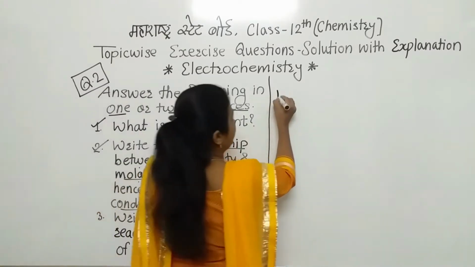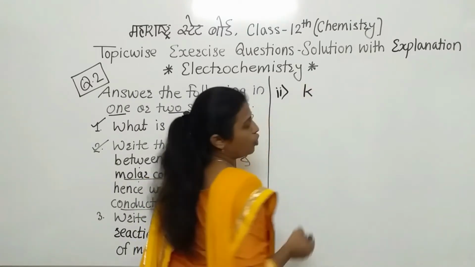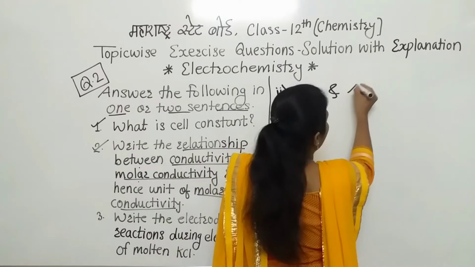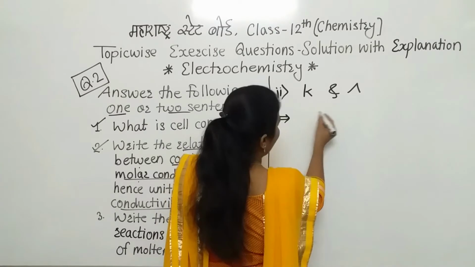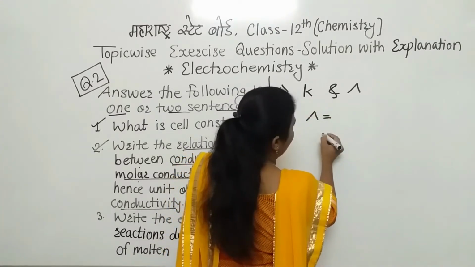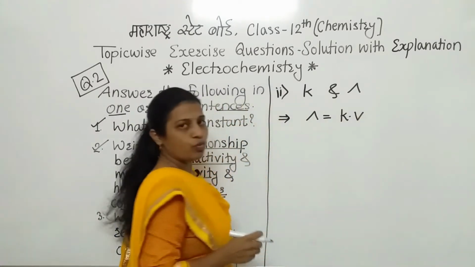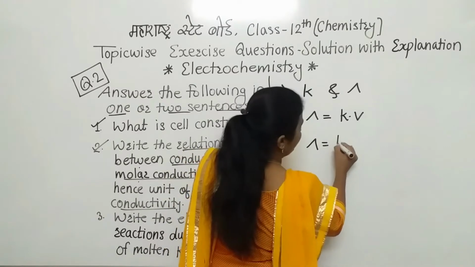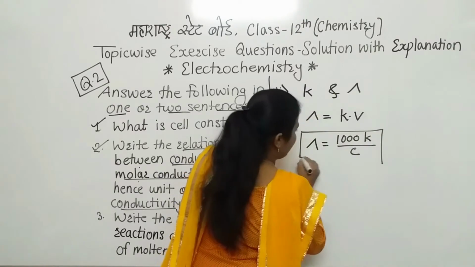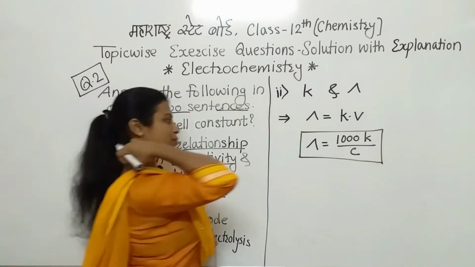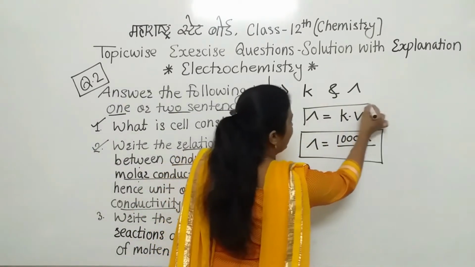In that second question, we have to write the relation between conductivity, symbol is K, and molar conductivity, that is the Λm. As we know that, firstly, general formula or generally we can write that Λm is equal to K into V. Means here conductivity into the volume, and main formula is Λm is equal to 1000 K upon C. Hope so everyone understood that formula. Most of the time there will be the numerical based on this formula also. From that formula we will write its unit.